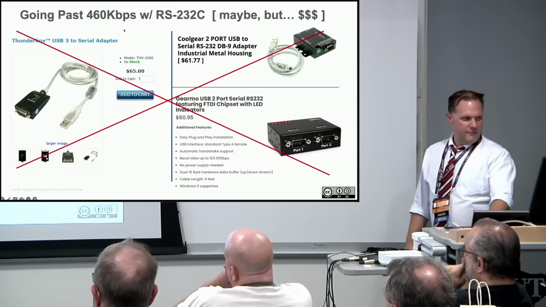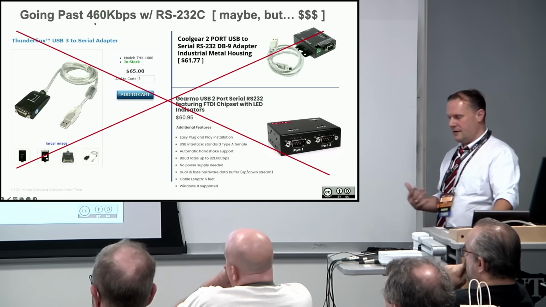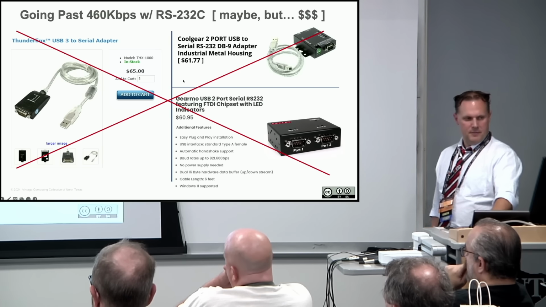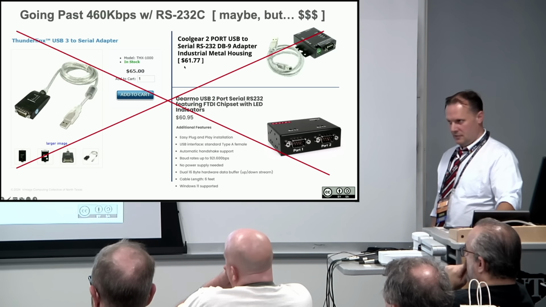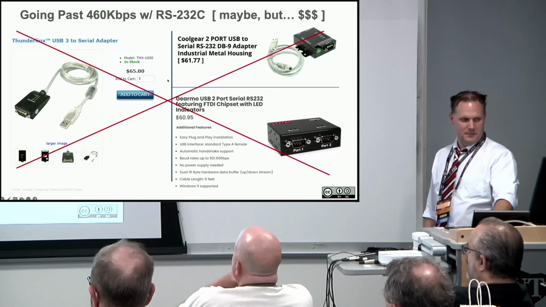So I wanted to go fast. I've seen through RS-232 that you can go faster than 150, 200. You can really crank it up. And I said, I want to go as fast as possible, but I saw these devices and they're like $60. And you can't just buy one, you have to buy two of them because you have to hook them on both ends of the computer. And I said, man, I'm going to cheap out. I don't want to spend $120